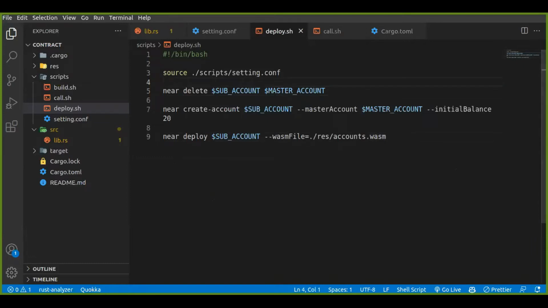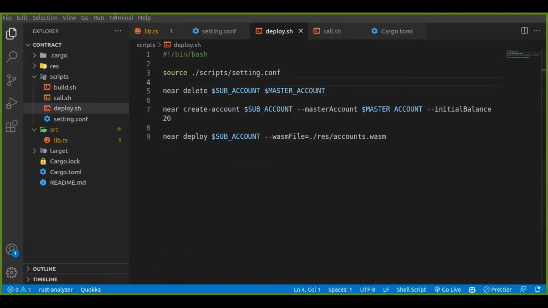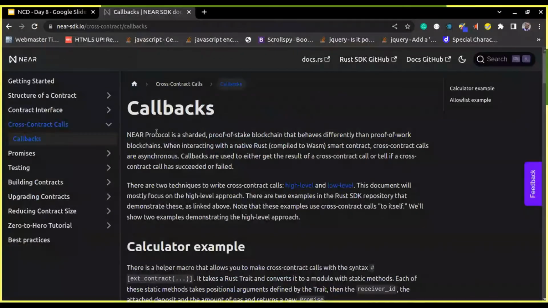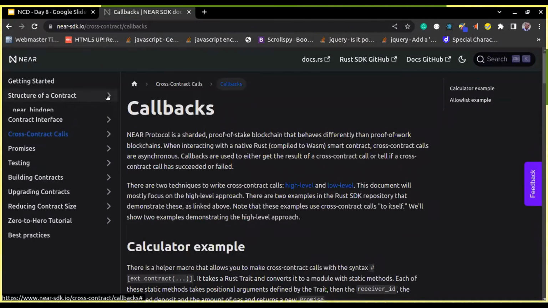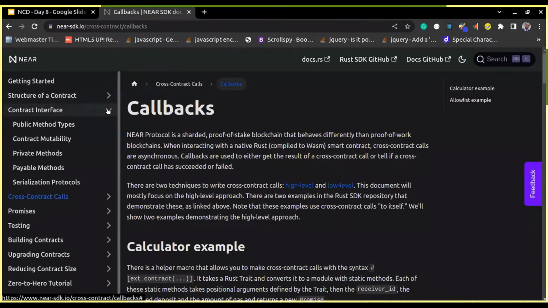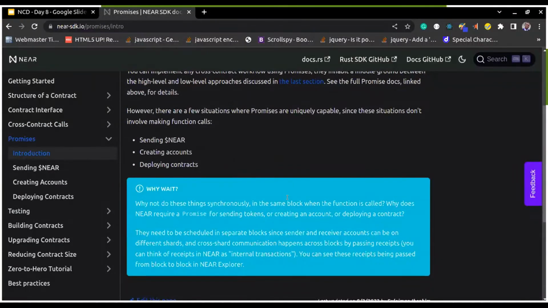Okay. Now I'm going to take us through something else. Great. I hope you can see my screen, guys. So before we head on to cross contract calls, let's do something on, yeah, here. So promises. Now, if you're coming from JavaScript, promises are usually intended to run